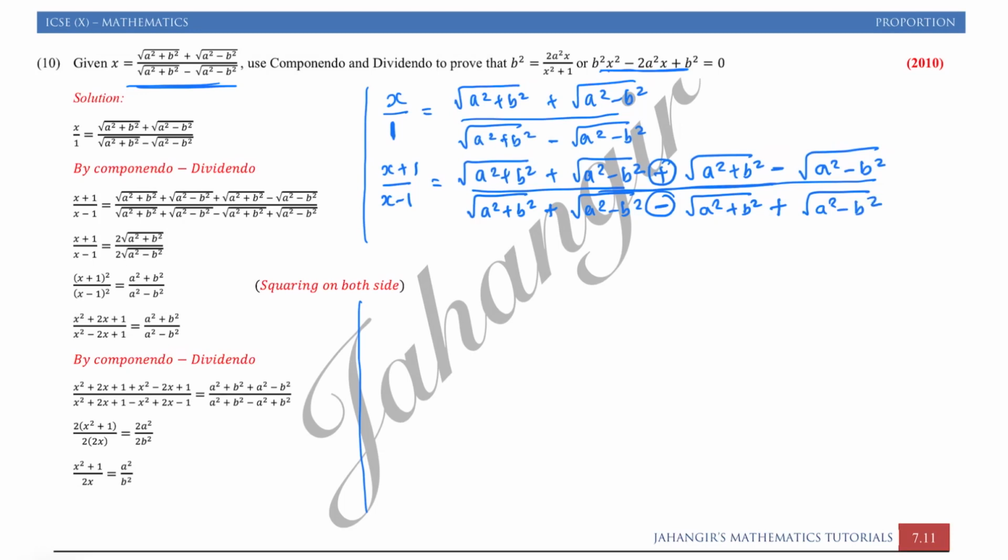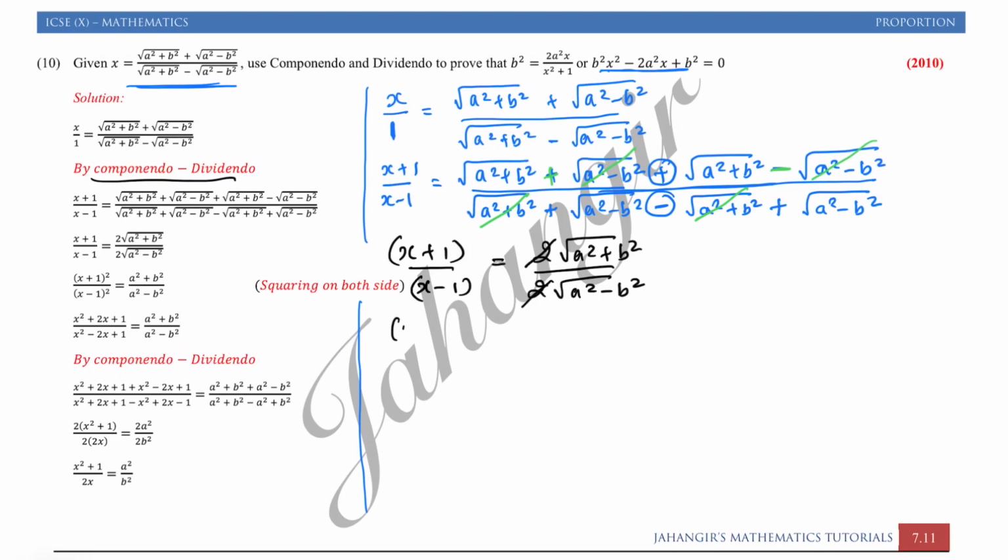Okay. Now let us cancel the plus minus terms. This is the minus and plus term. Both terms are the same, only here we have plus, here we have minus. So it will get cancelled. This term and this term will get cancelled. So whatever is left, let's write down (x plus 1) upon (x minus 1). Do not forget to write the reason. Even if I am not writing it, you have to write it down. It equals 2 root of a square plus b square upon 2 root of a square minus b square. 2 and 2 will get cancelled.